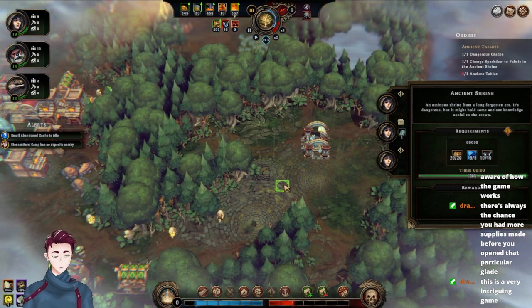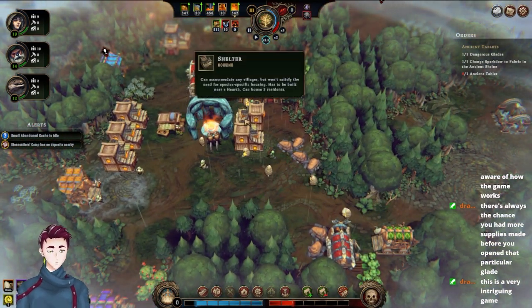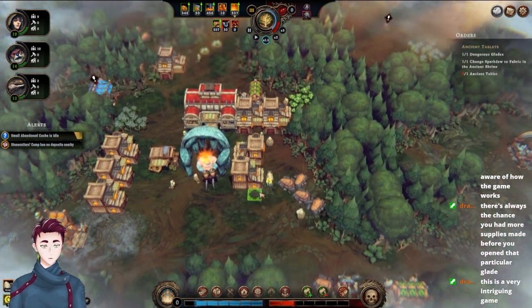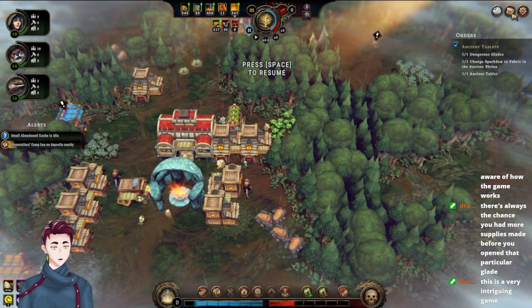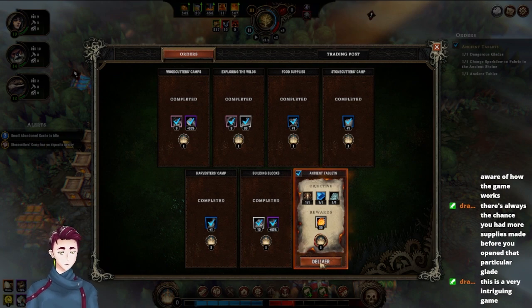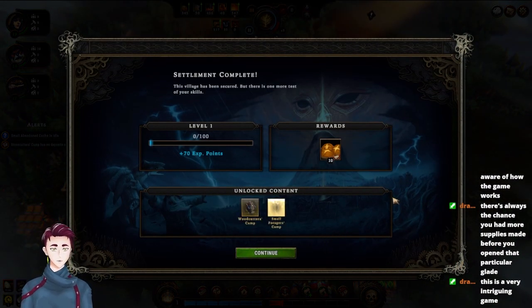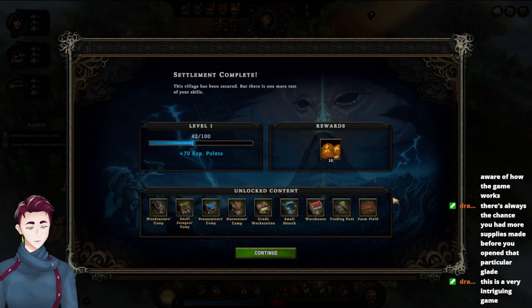Somebody has the ancient tablet and they're walking it back to our warehouse. Once it's stored in our warehouse, we should be able to... Bing! Turn this in and we should be done because this should max out our bar. Ta-da! Settlement complete. Village has been secured. There is one more test of your skills. Okay,